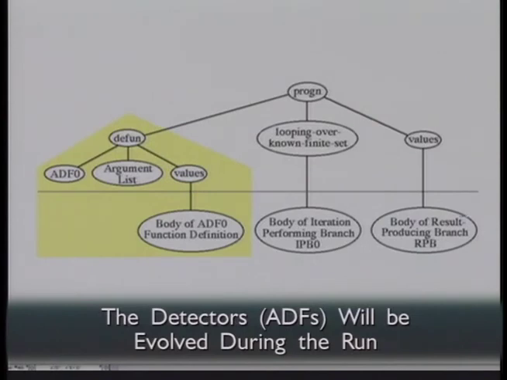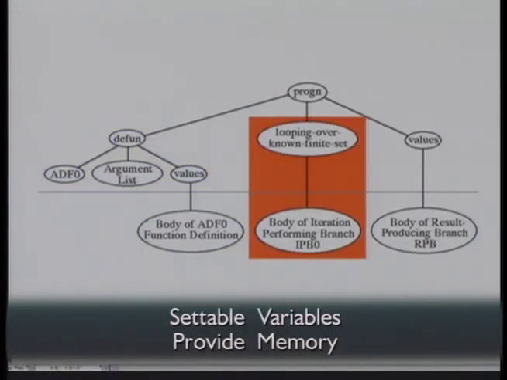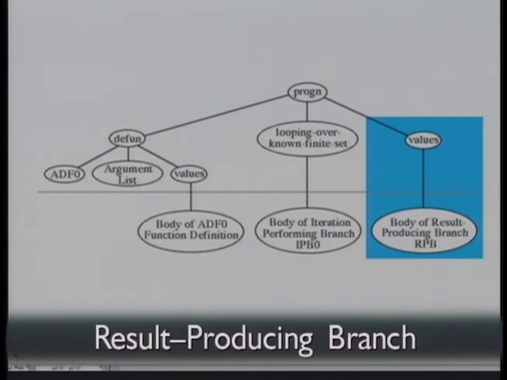The automatically defined functions might be used to form subsets of the amino acid residues. The iteration-performing branch might contain arithmetic operations, conditional operations, settable variables, setting functions to permit intermediate results of the iteration to be remembered, and other ingredients. The result-producing branch might perform various conditional and arithmetic operations on the remembered values of the settable variables to reach